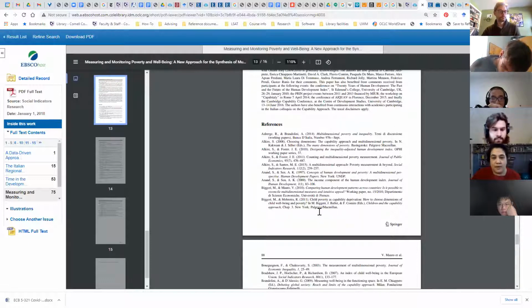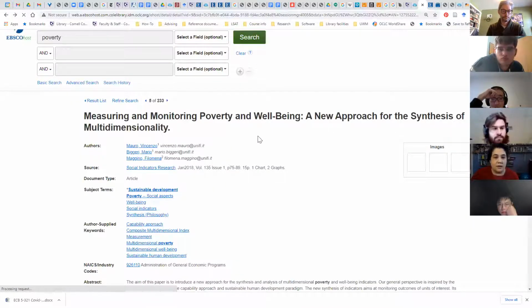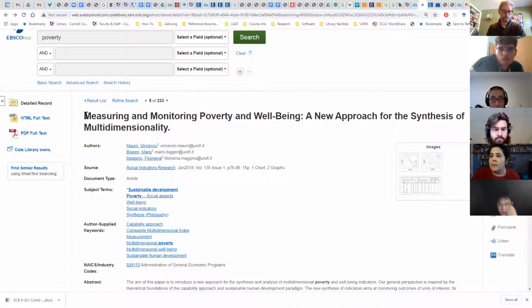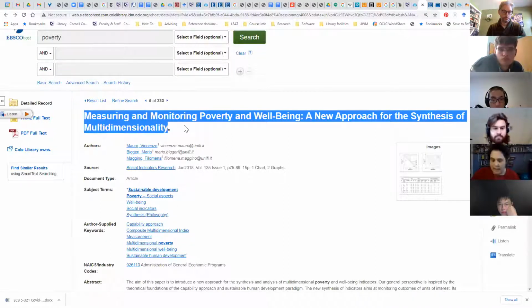If you want to go the other direction and see whether anybody has cited this article, there's a way to do that, and this is the one time when I really especially love Google Scholar. How many of you have used Google Scholar? Yeah, okay. For a fairly narrow topic, I prefer to start in a database if I can, just because I know what kinds of sources I'm going to get. If I start in Google Scholar, it scoops up such a wide range of stuff, and I don't have the same tools to narrow things down. If I'm starting with a really interdisciplinary topic, then I'll sometimes start in Google Scholar.